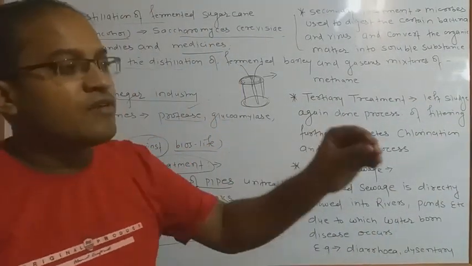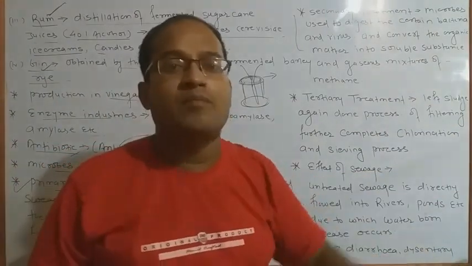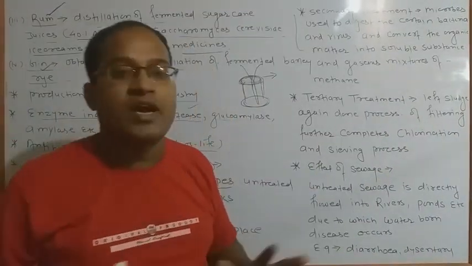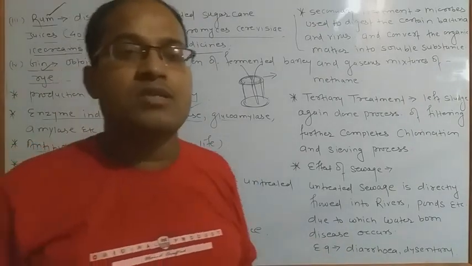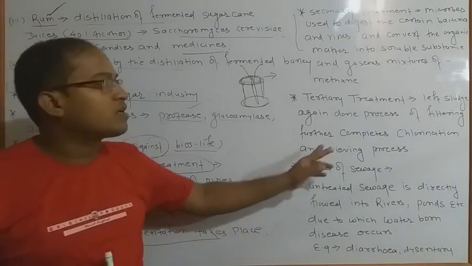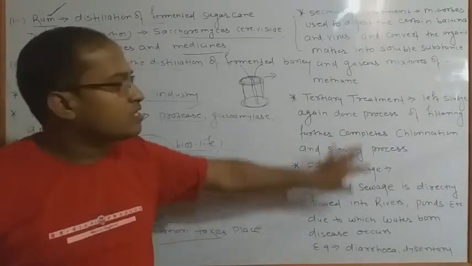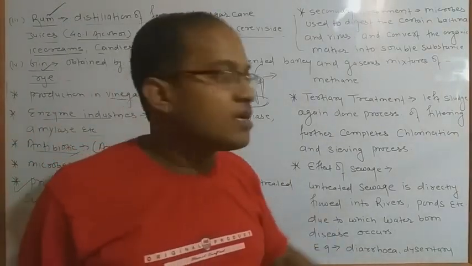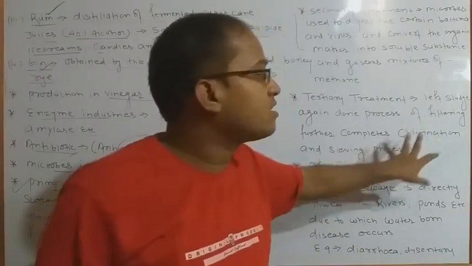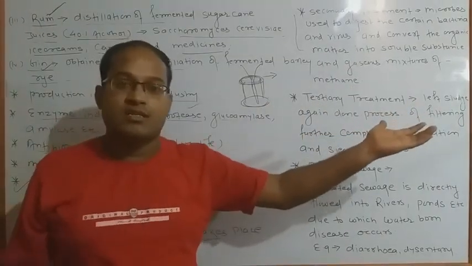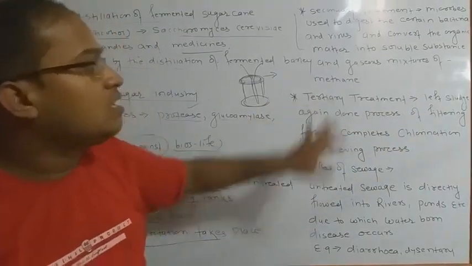तब जाके हम उसे रिवर में या पॉन्ड में या लेक में कहीं पे भी डिस्चार्ज कर सकते हैं. By this, after discharging, there is no effect on any fishes, planktons, zooplanktons, larvae, or mosquitoes. किसी भी प्रकार के ऑर्गेनिज्म को कोई नुकसान नहीं पहुंचता है, क्योंकि इसमें जितने भी बचे हुए पार्ट्स होते हैं हम उसको अगेन फिल्टर करते हैं क्लोरिनेशन, फिल्ट्रेशन एंड सीविंग प्रोसेस की वजह से, और फिल्टर करके वापस डिस्चार्ज करते हैं. This is the tertiary treatment.